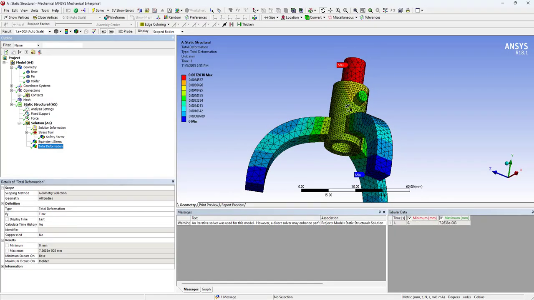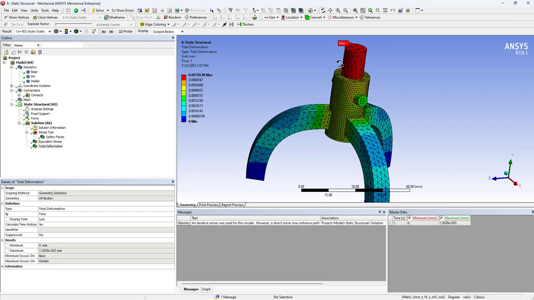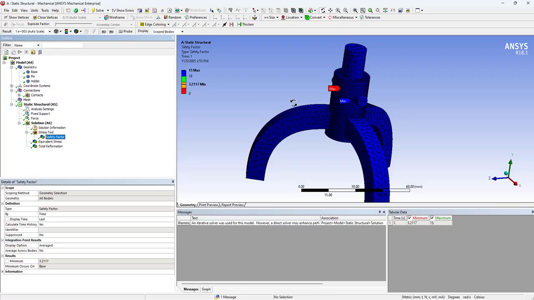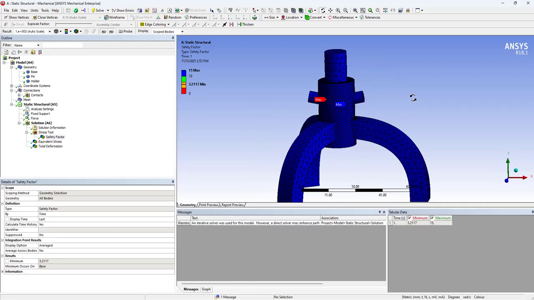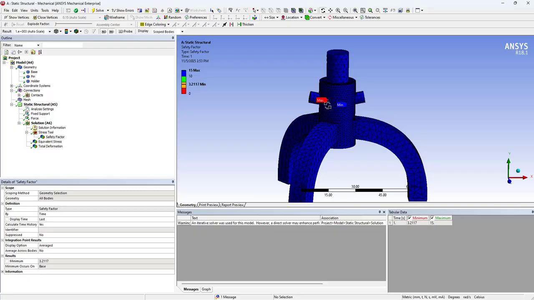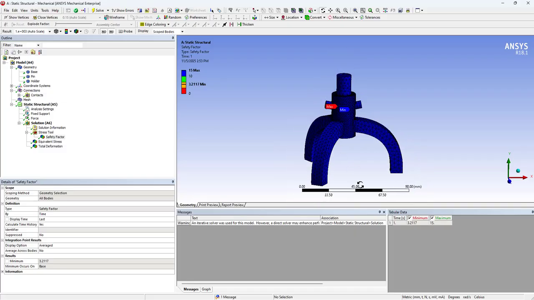And finally the total deformation, so this support actually moves down by 0.007 millimeter, and the safety factor, we can also find it there. So this is one way to solve the problem. We could have reduced this problem